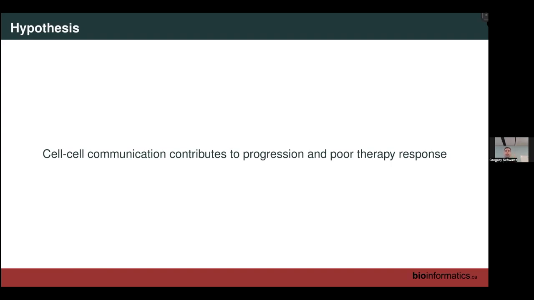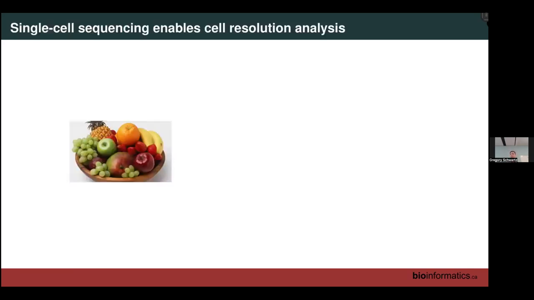So how can we actually go about detecting and answering these kinds of questions with the tools that we have? Well, first off, a lot of this was not really possible until the advent of single-cell sequencing. So just as a brief primer on this,